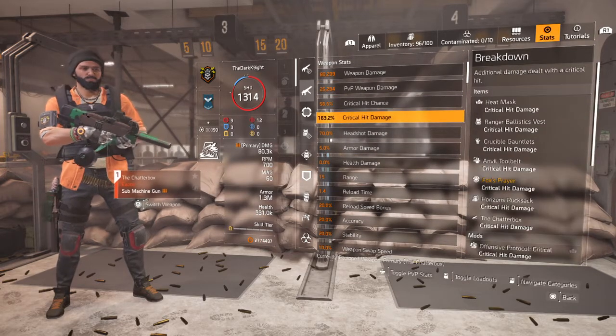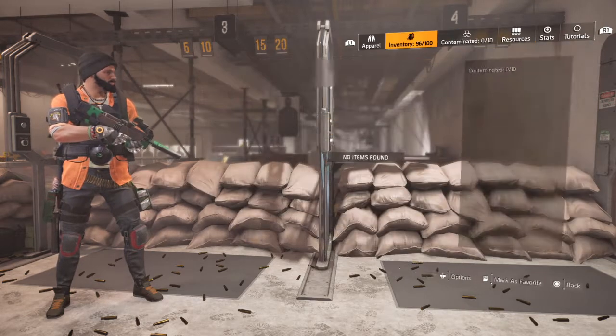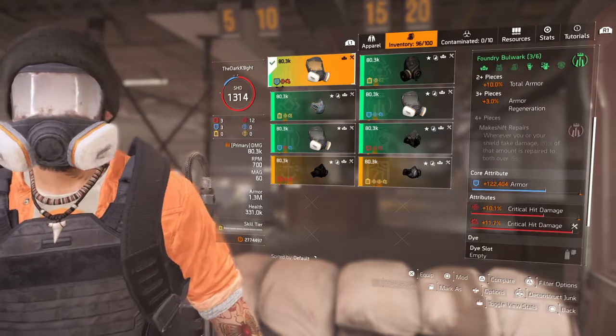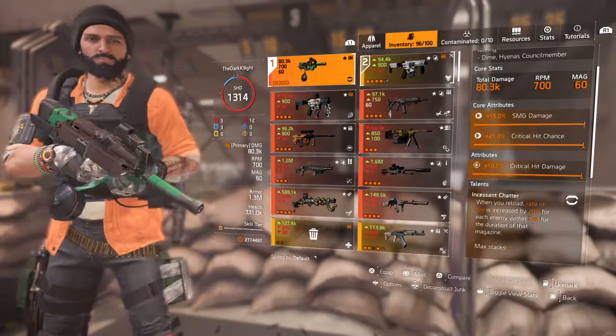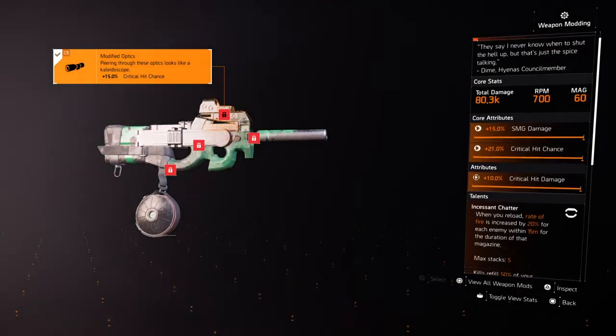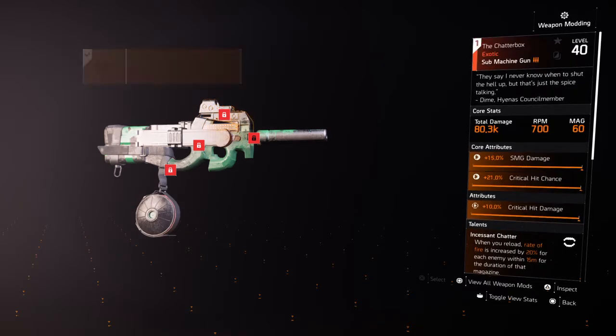So right now, I'm at 56.5 crit chance. Now, that was the biggest issue with trying to make this work, because gear sets only come with one attribute slot, so you can only get crit damage or crit chance. But the good thing is SMGs come with lots of crit chance, and they're a close encounter, which works great for this build, and it comes with 50% crit chance on the